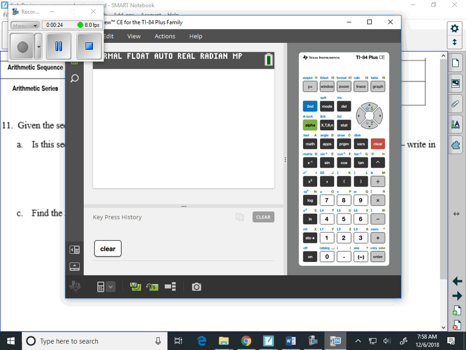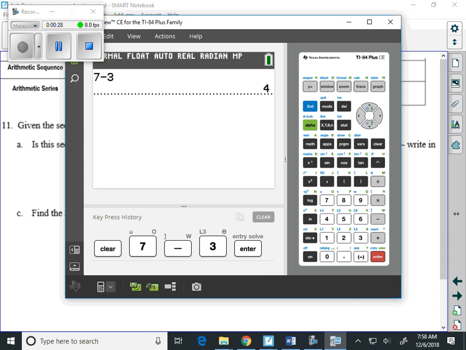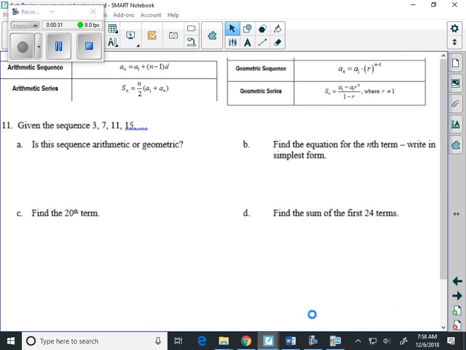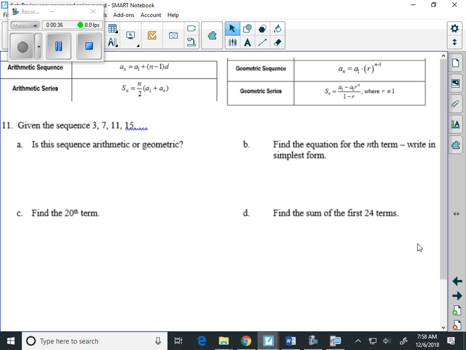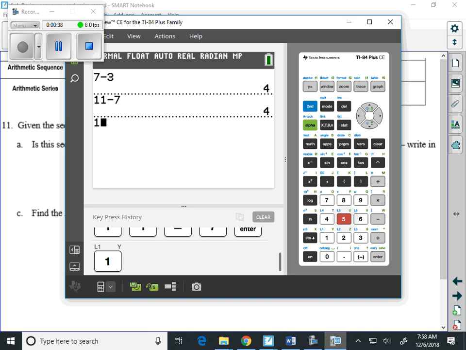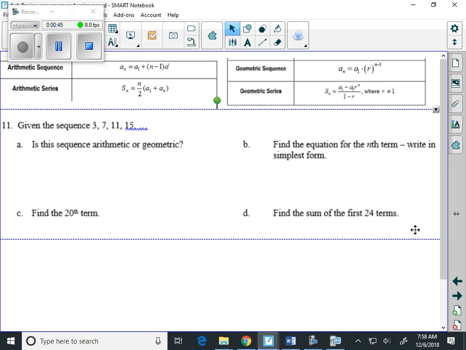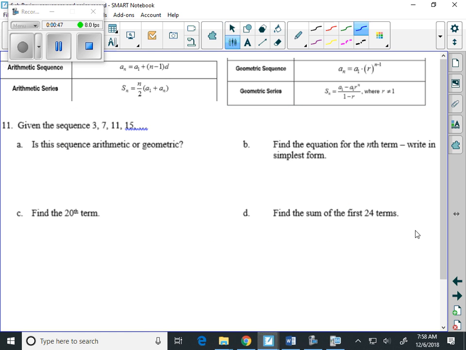And as we take a closer look here, we're taking 7 minus 3, which is 4. And then 11 minus 7, which is 4. That's kind of a good sign. And let's try one more time. 15 minus 11 is 4. And because we subtracted, that's the common difference. And every single time we ended up with 4, this one's going to end up to be arithmetic. And we have a common difference of 4, which it didn't even ask for that, but that's going to be